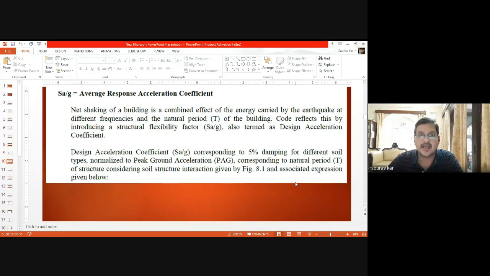It depends on the natural time period of the building, T. Sa by g is based on two values. First is the natural time period, T. The natural time period of a building is basically the time period with which it vibrates.